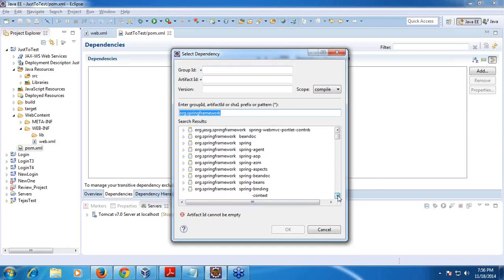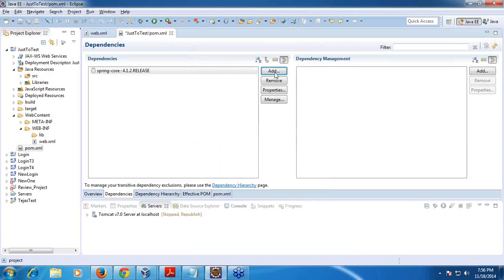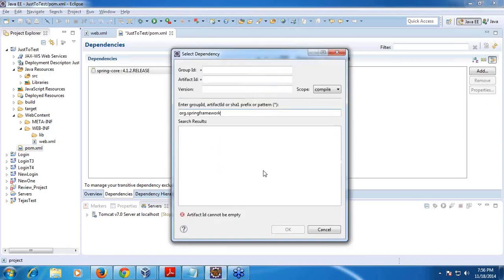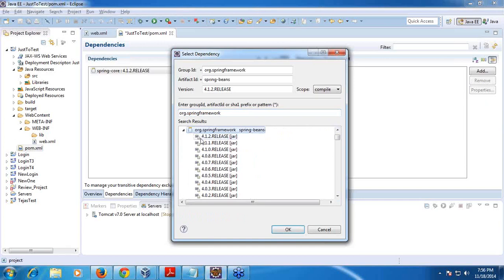So now first let us try to understand. I am including the org Spring core module. Again, the latest version is 4.1, right? So next again I will search for org Spring framework, and then I will take this beans, right?